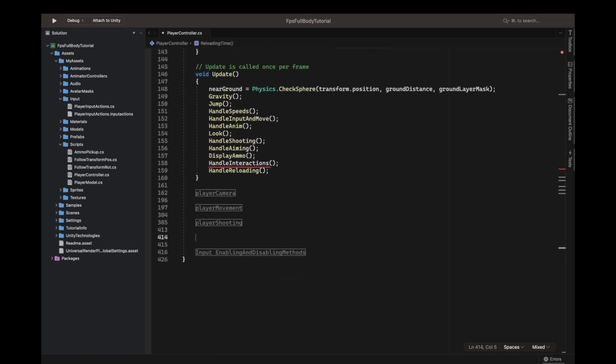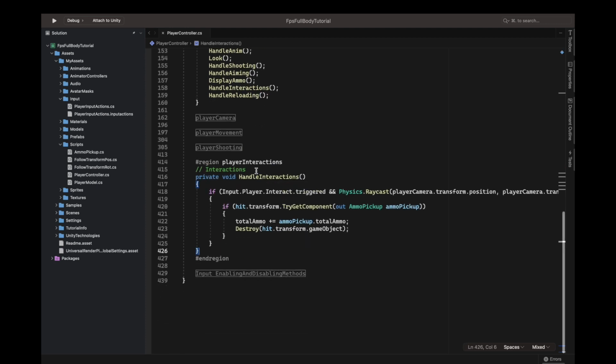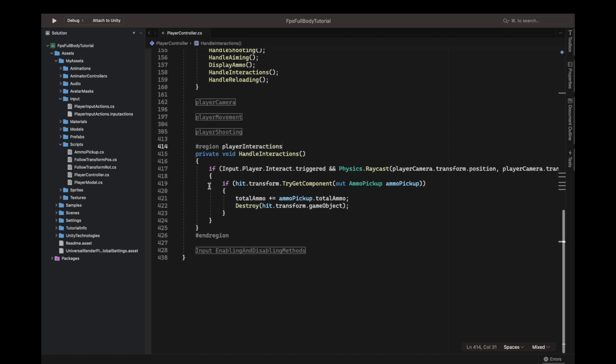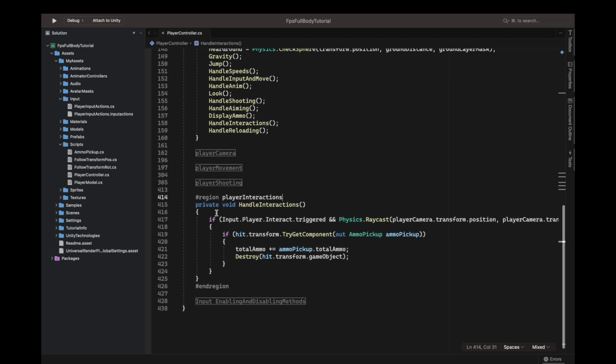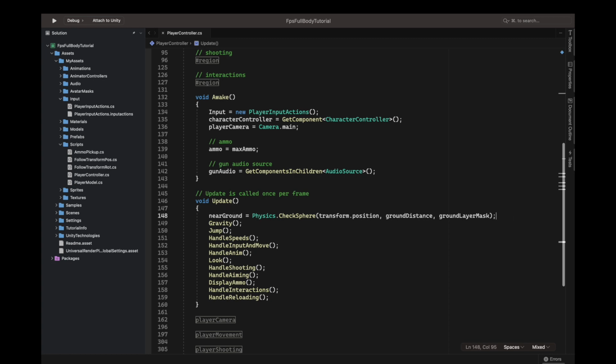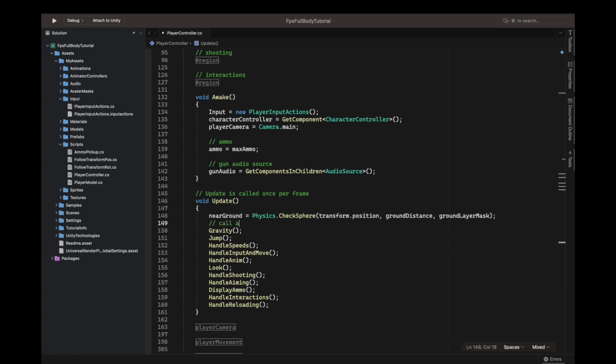And now when I've copied and deleted it, I'm going to create a new region underneath the player shooting region. It's going to be a region for the player interactions. And all we do here is end the region. Inside we paste in the one that we did Command X on, so Command V or Control V to paste it. Remove that comment, and we are now ready again. This is a little bit better encoding, because it's going to be a very long function after we add many other functionalities. Let's add a comment up here in the update function: call all methods,